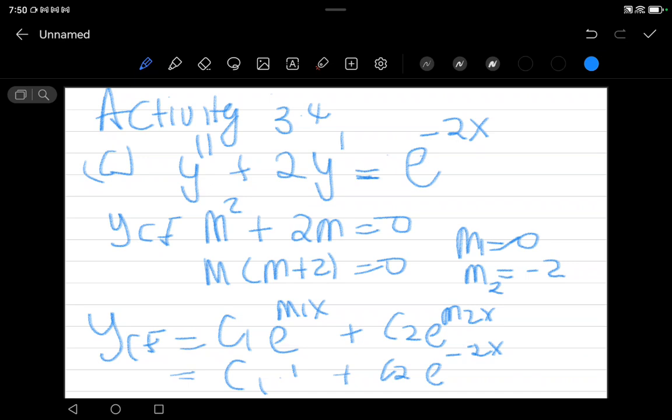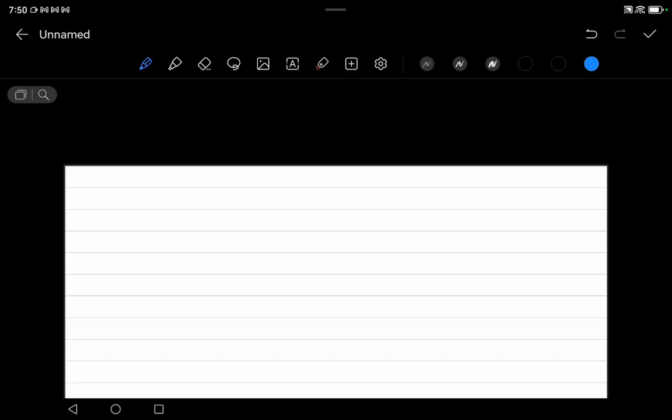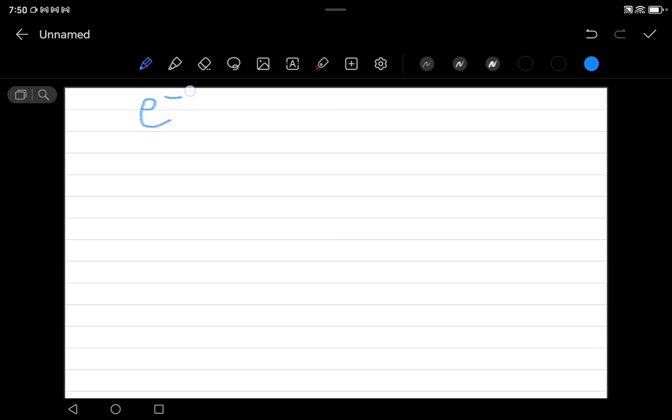Okay, and then now let's do YPI. Remember, our YPI, we're going to check this side. Our YPI is exponent. So we have e to the power of -2x. So therefore our YPI is going to be a e to the power of -2x. And then from there we're going to check,